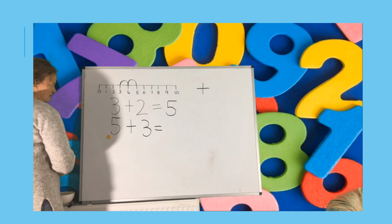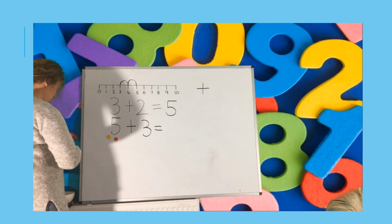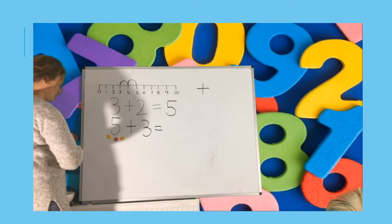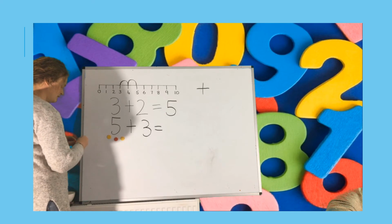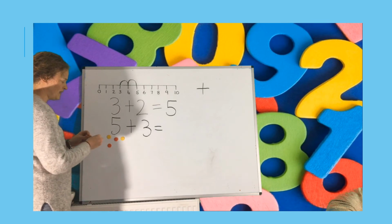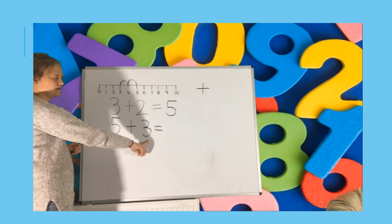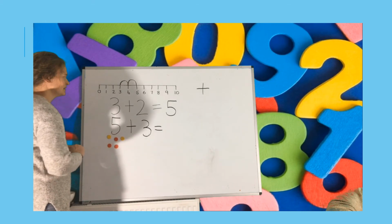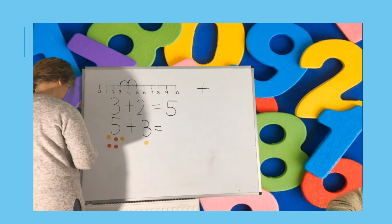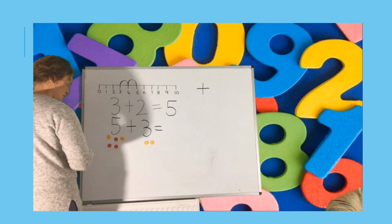1, 2, 3, 4, 5. Okay, and how many counters do I need here? 3, well done. Okay, so we're going to count 1, 2,